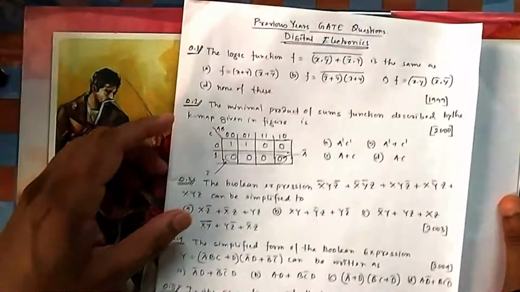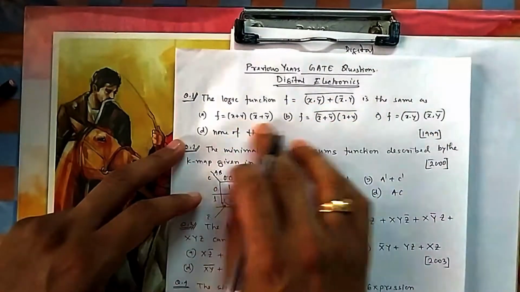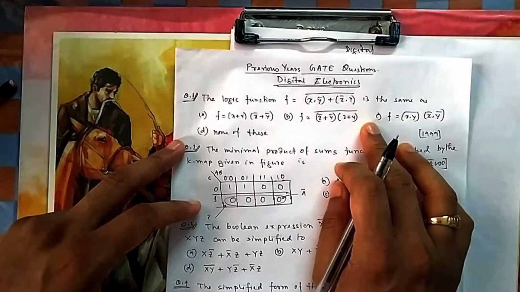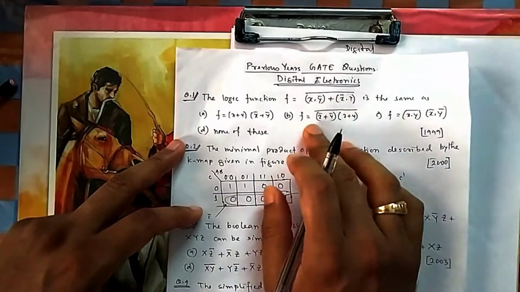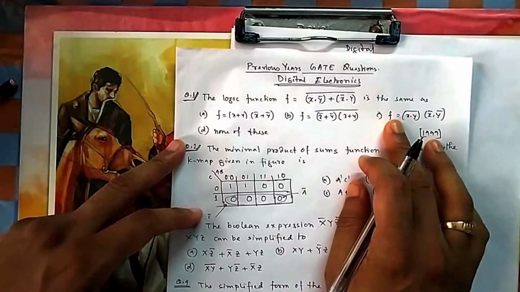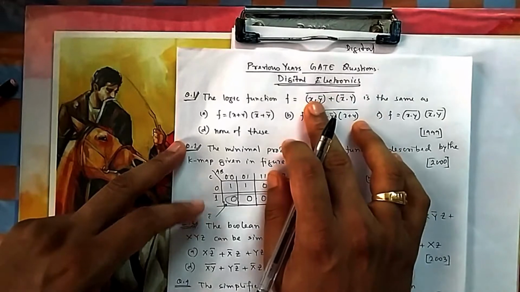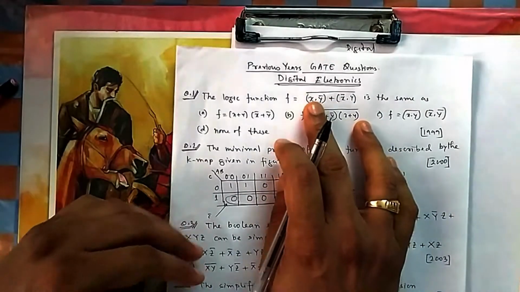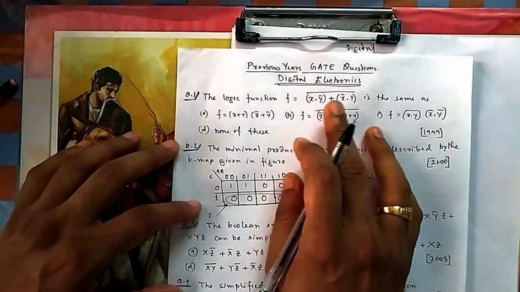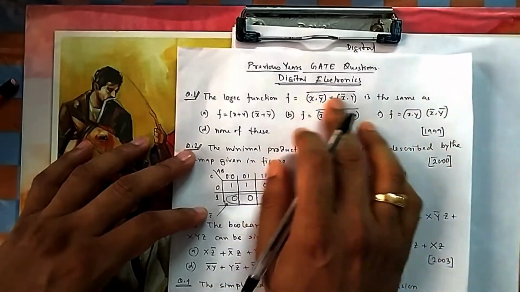Now if you see question number 1, what they are asking here: the logic function f is the same as... Now what you can do is simplify this one. Or in the exam, suppose you cannot simplify this one and cannot find a match with it. If it is a 2 variable function, you try with some inputs. Because it is digital, the input will be either 0 0, 0 1, 1 0 or 1 1. When you try with the options, see which option is satisfying your given statement.